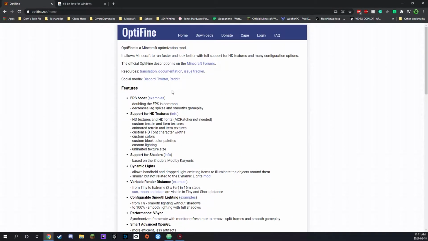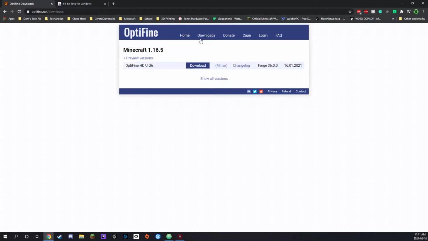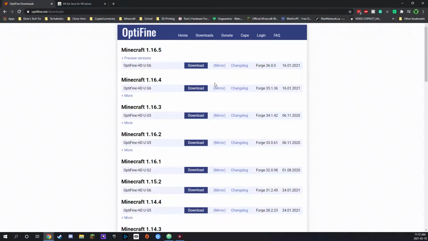This is their homepage here. Right at the top here, you're going to want to click on Downloads, and that's going to bring you to, of course, the most recent version at the very top. If you're installing OptiFine for an older version of Minecraft, you can click that Show All Versions button underneath the latest version,